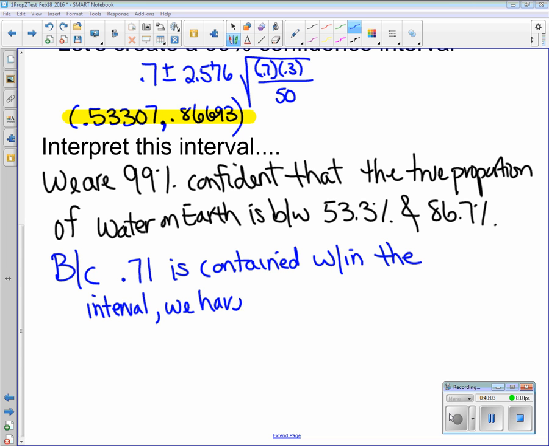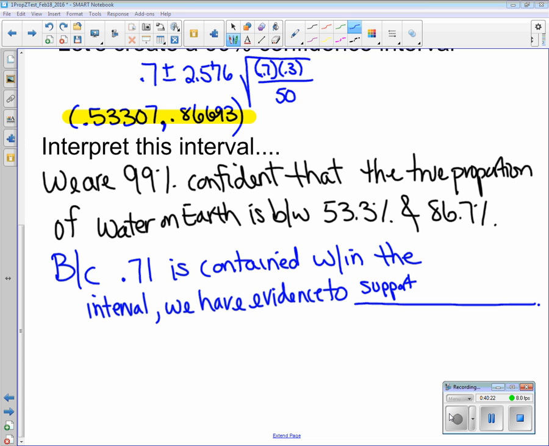we have evidence to, I'm going to put a blank there. You're either going to support the claim or not support the claim. Okay, and we say that because it's in my interval, I do what? I support it. However,